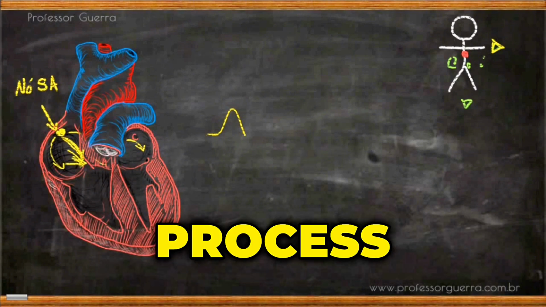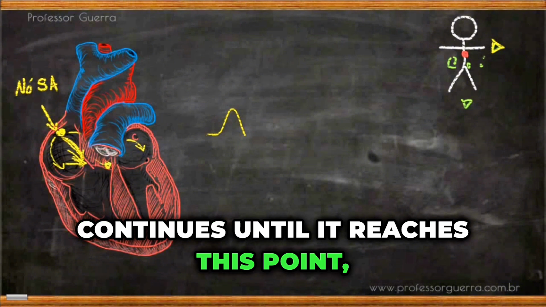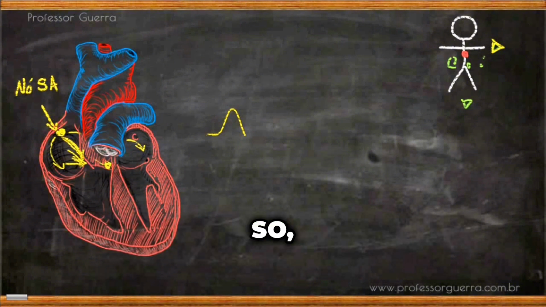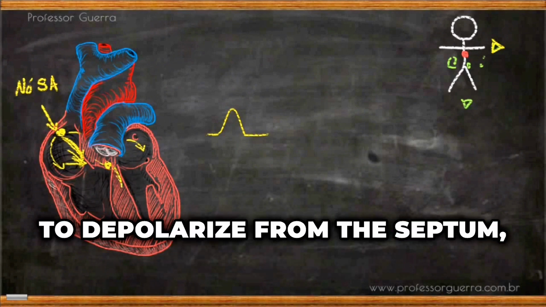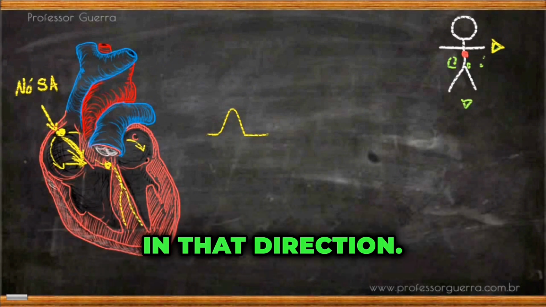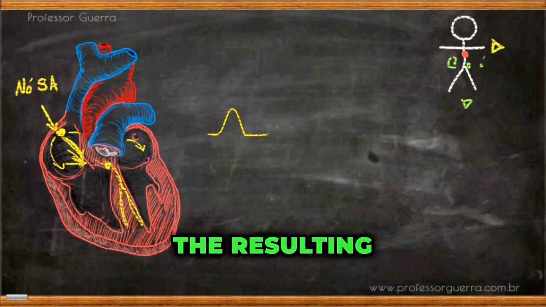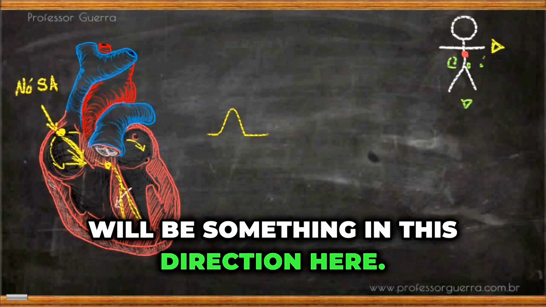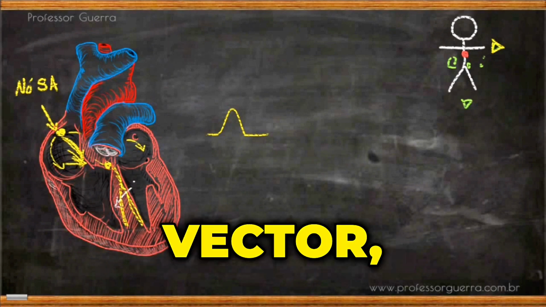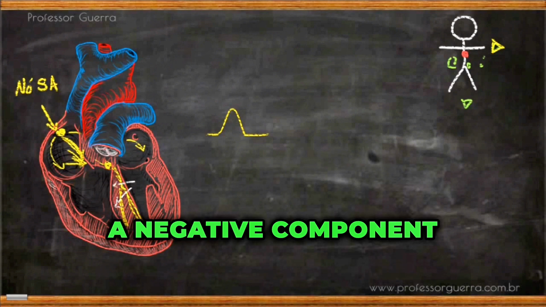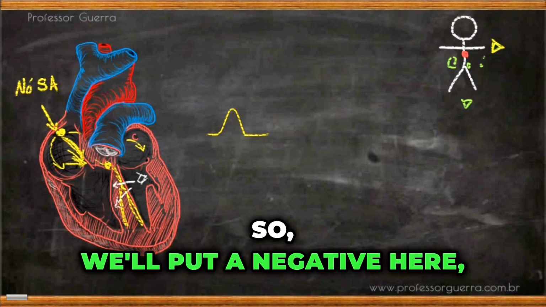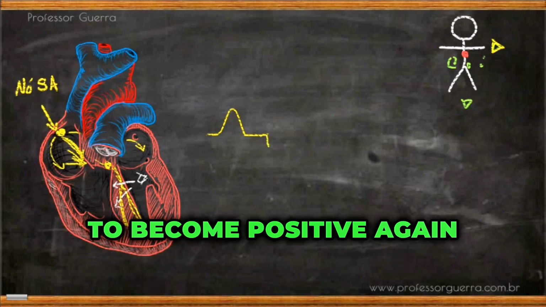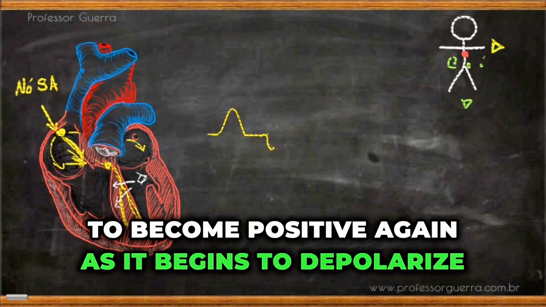And the whole process continues until it reaches this point where there's a delay. So, there's no intensity at all, 0. Then the myocardium starts to depolarize from the septum. First from the septum in that direction. The resulting vector will be something in this direction here. So it'll be a negative vector, a negative component in our observation here. So we'll put a negative here, and then it starts to become positive again as it begins to depolarize this